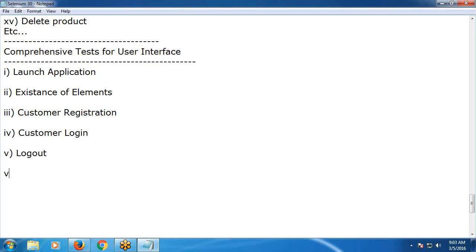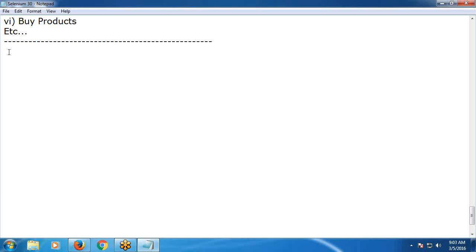Next, buy products also there, right? Yes, sir. Buy products, etc. Okay, you try to automate these cases. If you find more time, you can try to automate in two ways. One is, just a minute, automate the test cases we discussed,